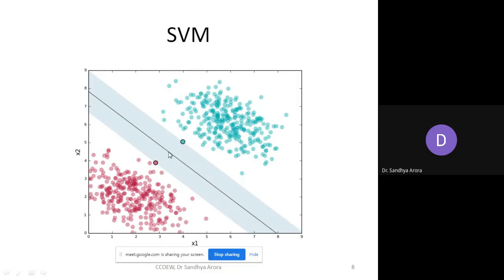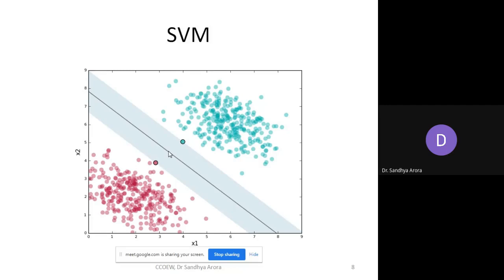Now when we are classifying, say for example, this is the plane equation. In what form is the plane equation? Suppose you have only 2 dimensional data, x and y, and you want to draw a line on x and y data. The line equation goes like this: y equals mx plus c. But if you have multiple data points, if you have a plane, SVM doesn't work only in 2 dimensions. This is the data which we have drawn only in 2 dimensions. You can work with multiple dimensions in the case of SVM.